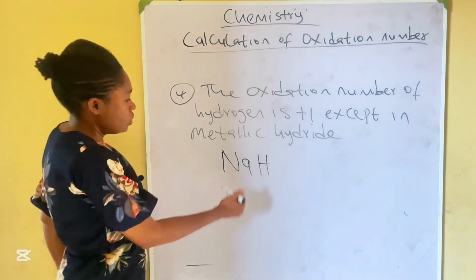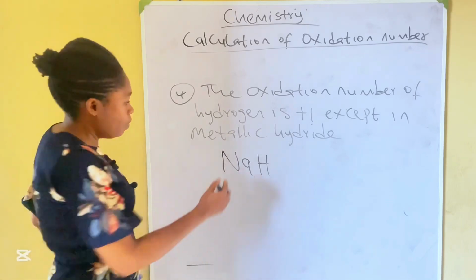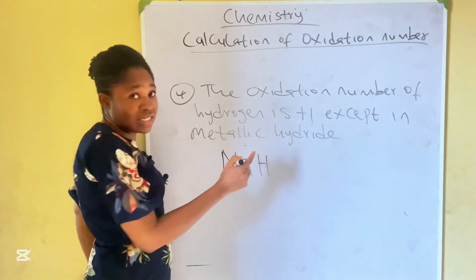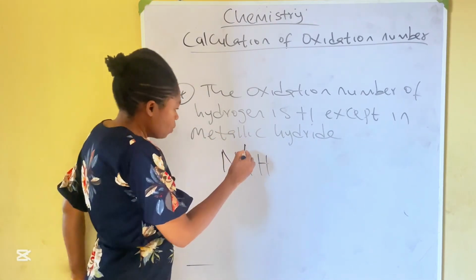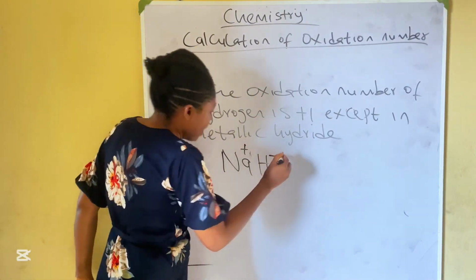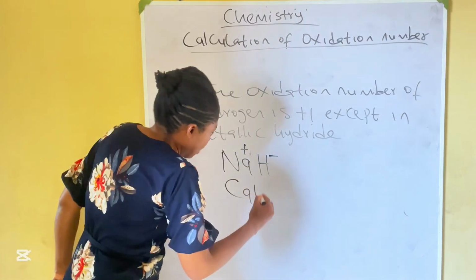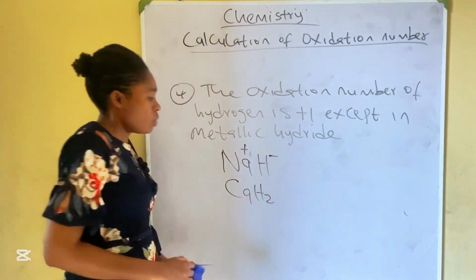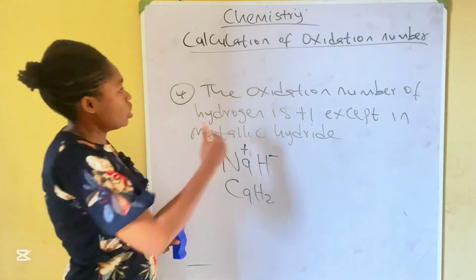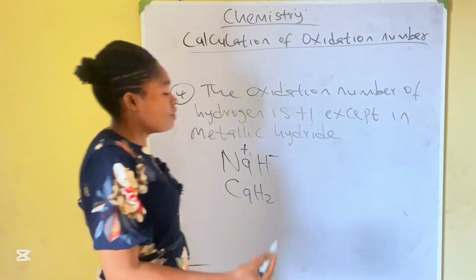This is what? Of course, sodium is a metal. This is the oxidation number of the what? Plus. So remember, sodium has 1 valence electron, so the oxidation number of sodium is +1. Hydrogen, in this case, hydrogen has a what? -1. So only in a metallic hydride will the oxidation number of hydrogen be -1. The oxidation number of hydrogen is +1, except in metallic hydride, which means if it's not a metallic hydride,